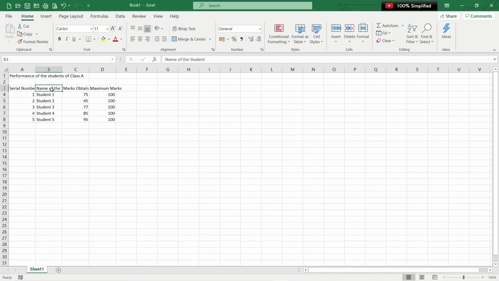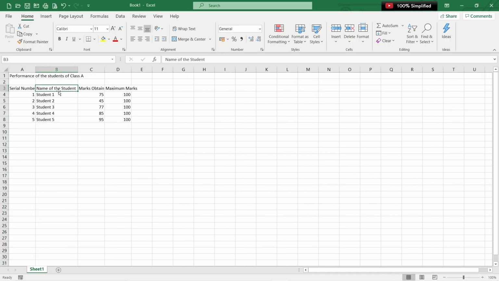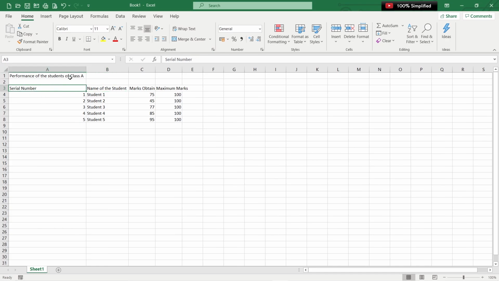Another way to adjust a column is to double click at the end of the column. When I say double click at the end of the column, if you see this column B, there's a line here. As soon as I reach this line, I can just double click and you can see the column actually takes the content of that cell. Similarly, I can go here and here you go. The entire text is now fitting very well in the cell.